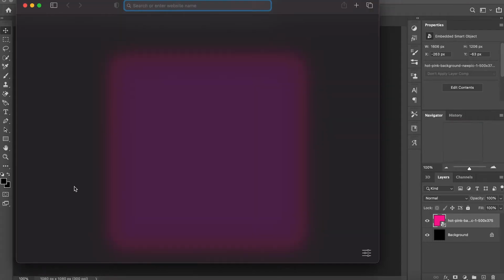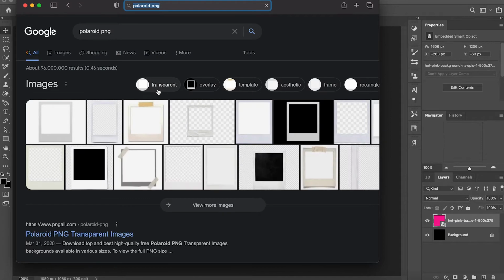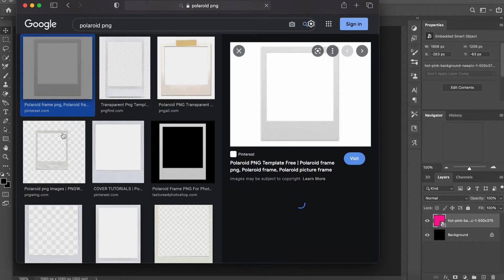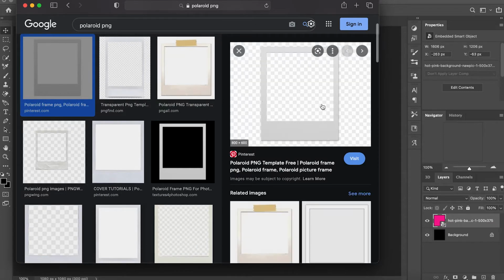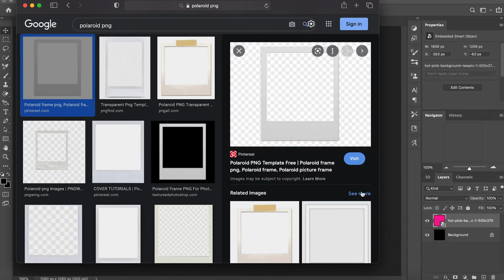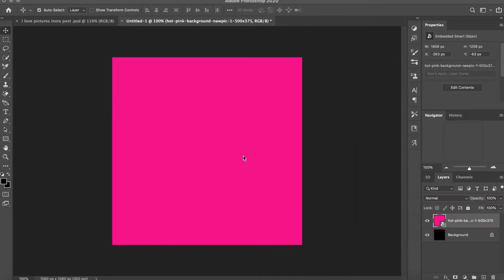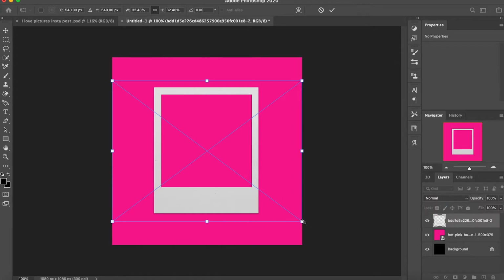I'm going to be using a Polaroid. In order to find that, I'm just going to type in Polaroid PNG. PNG is basically just where it's like a transparent background. So it doesn't have any white, any black. It'll just strictly be the Polaroid. And a trick to find those is you can type it in. Sometimes it'll come up with the checkers where it looks like it's PNG, but usually the way that I easily am able to find them is the ones that are white backgrounds, and once you click on them, they turn into transparent backgrounds. So once I found that, then I'm just going to download it and drag it into my